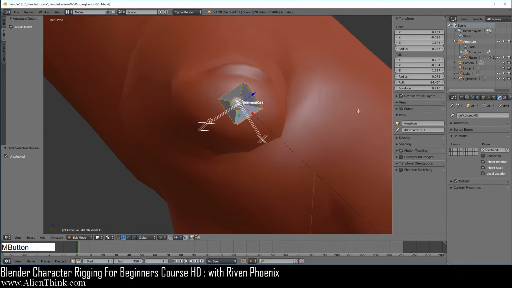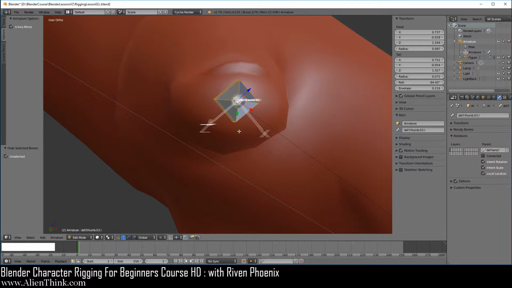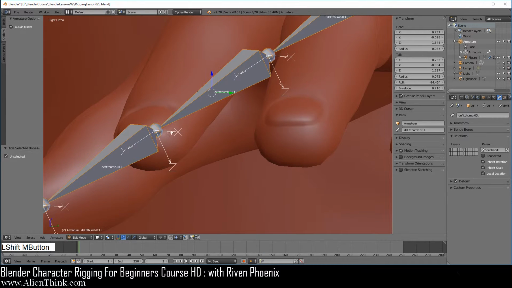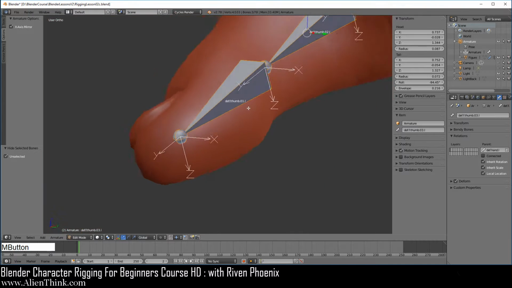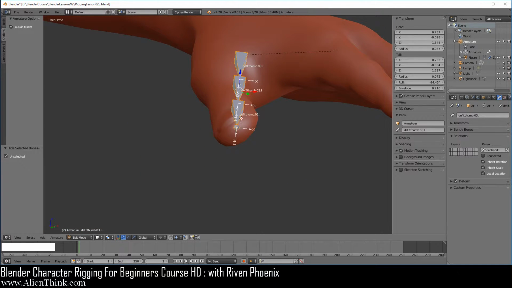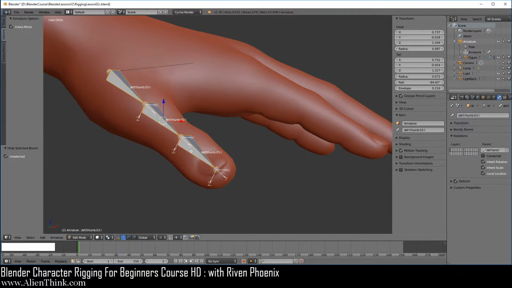The idea here is that when you look at your thumb like this, okay, it just needs to be a V shape like this, because the average concept here is to just point it down, meaning that if you press the 3 key and rotate it like this, see how it's pointing down? That's all this is. Anyways, that's how you adjust these bones over here. You'll see how this is going to work a little later, but this is a requirement.